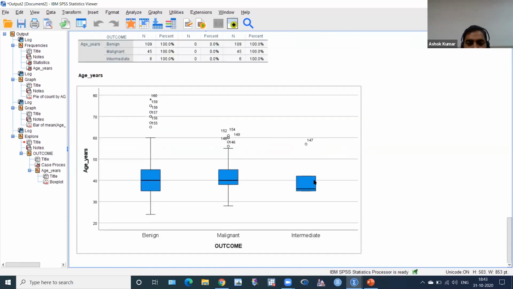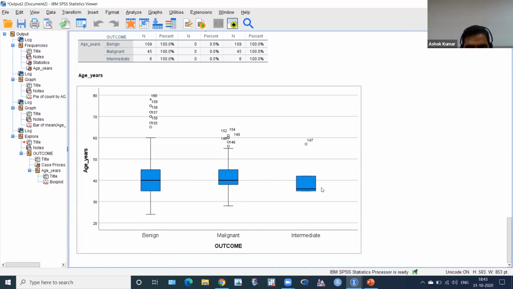You will get the box plot. In some box plots there are whiskers and outliers you can see, and I have already explained what the outliers are. This is malignant, and in intermediate there are no whiskers. You can see highlighted, this is the median. Median of benign and malignant are, I think, similar, the median age of benign and malignant.